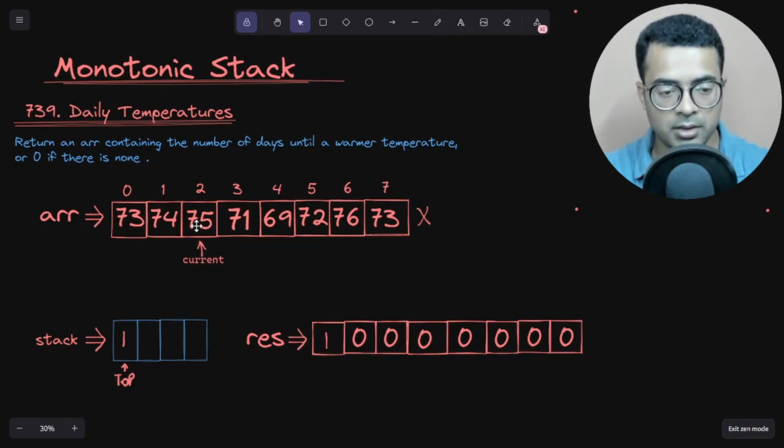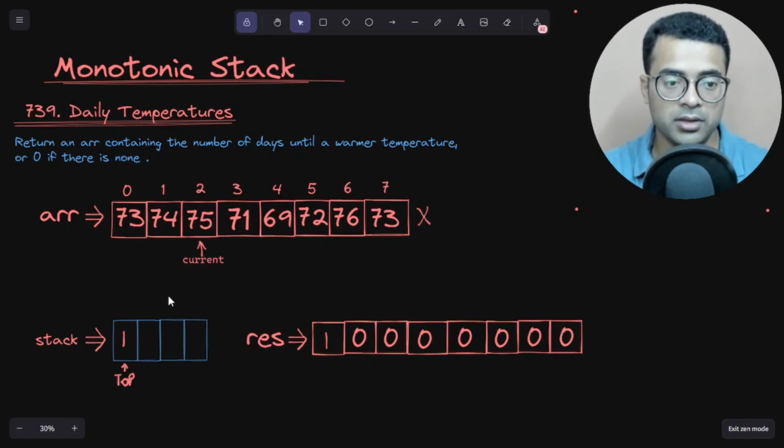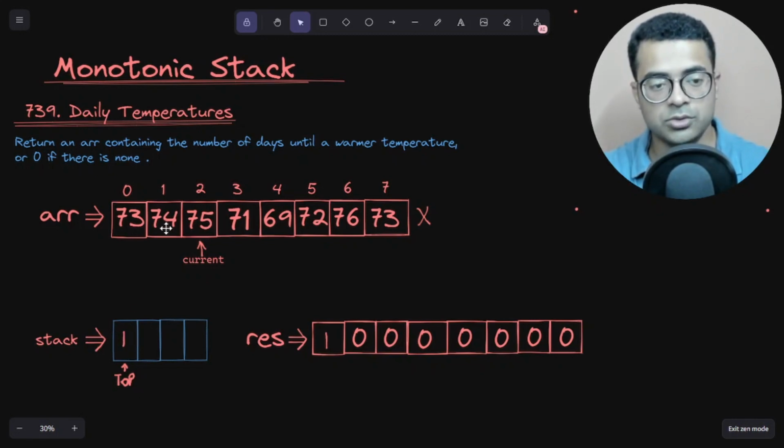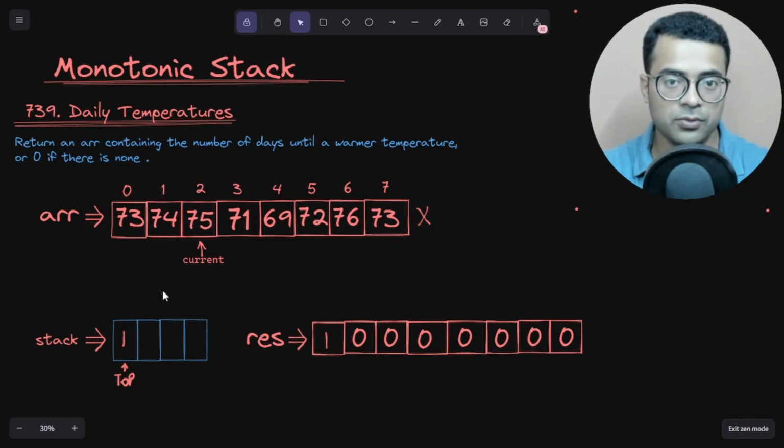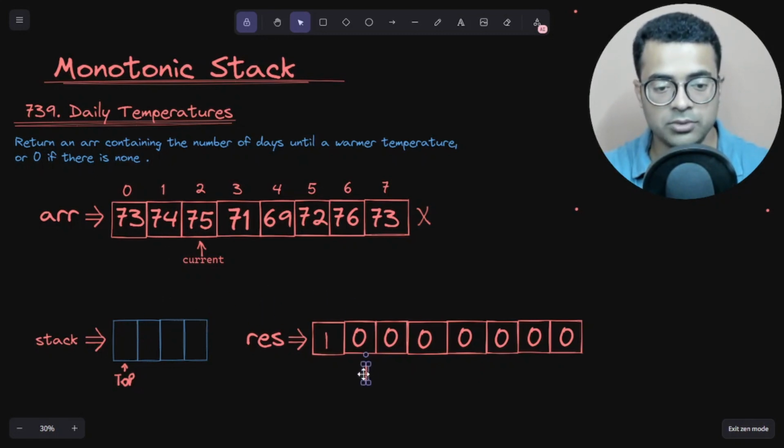75. Again, two conditions. First, the stack should not be empty. Yes, the stack is not empty. Then the second one is that the value at 75 should be greater than the value at the top of our index. At the top of our stack the index is 1, so the value at the first index is 74. So yes, 75 is greater than 74. So we are simply going to pop this one from our stack, and then